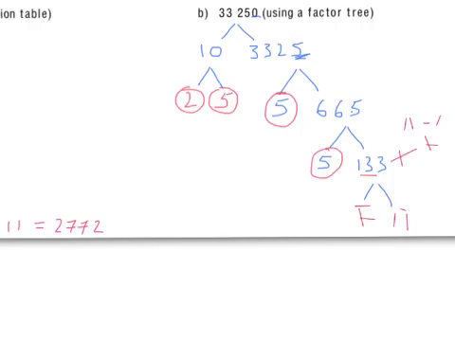So the prime factorization of 33,250 is 2 times 5 times 5 times 5 times 7 times 19 to give us, let me write it over here, to give us